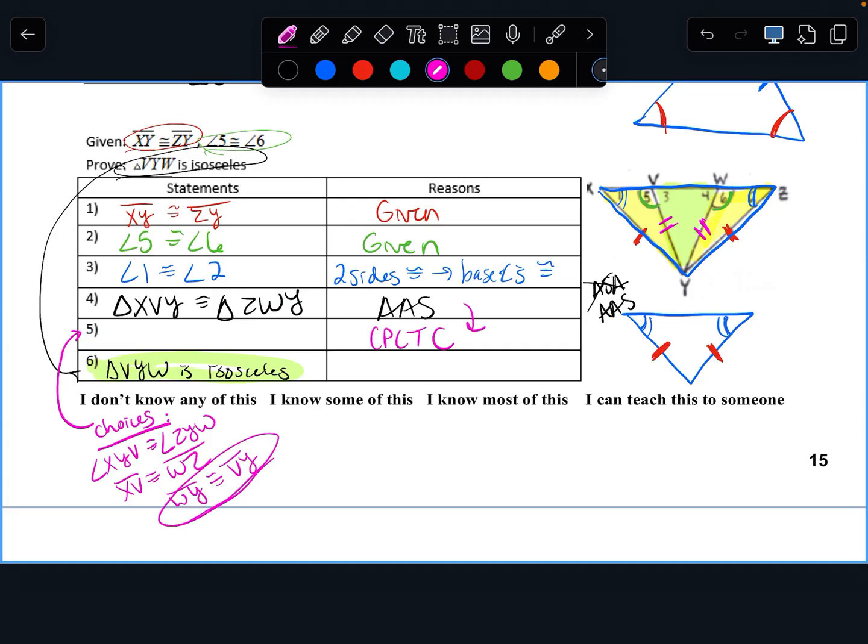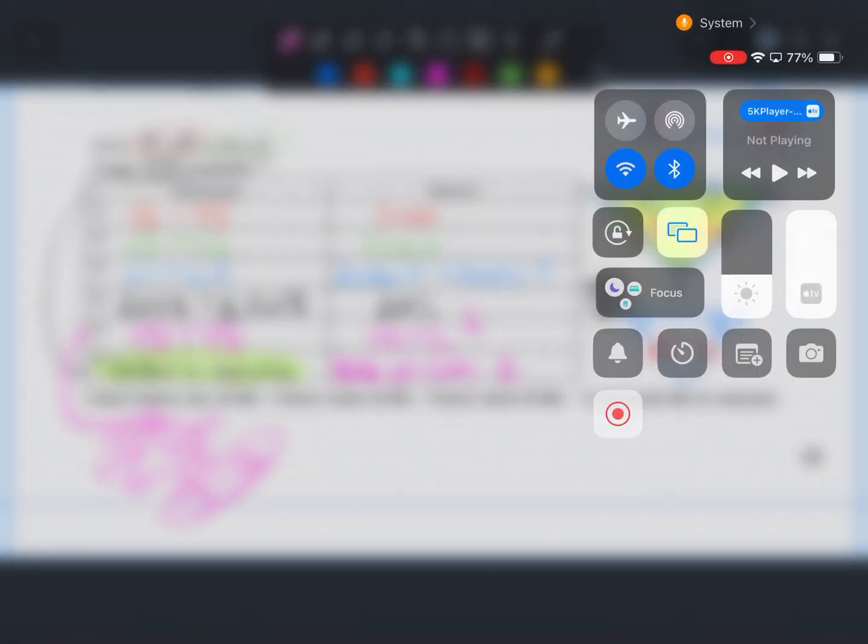It has to be those two. WY congruent to VY by CPCTC, because then they'd be an isosceles triangle. And then if you guess, you probably get it right. Definition of isosceles triangle. And then that's it. So, like I said, on the homework,